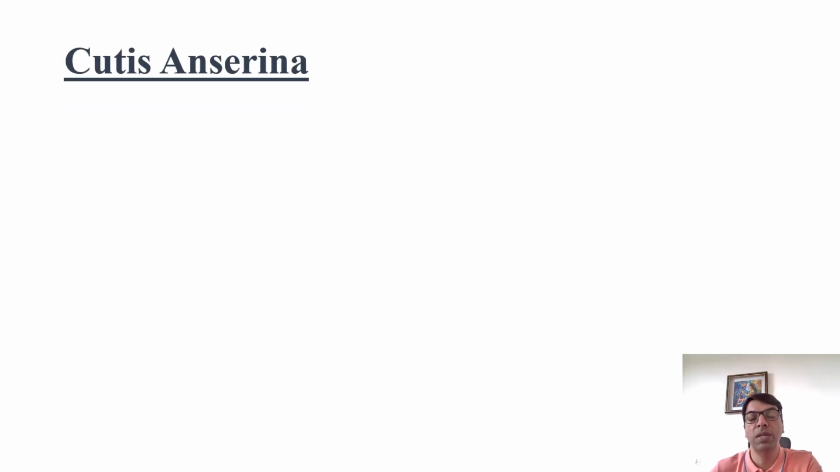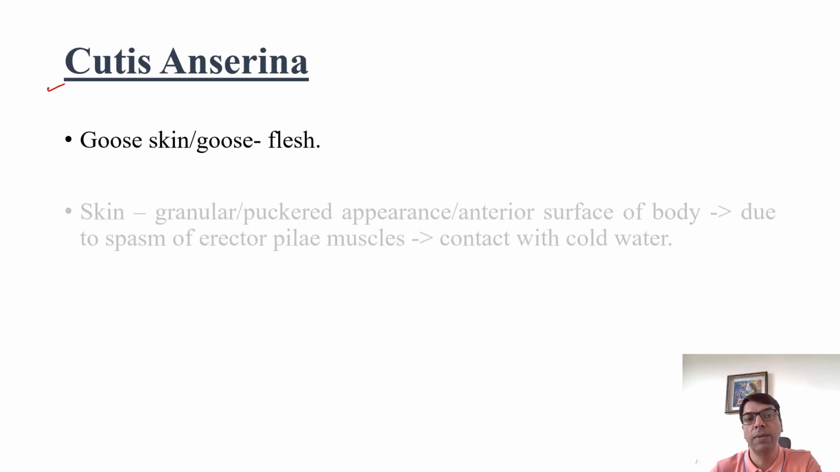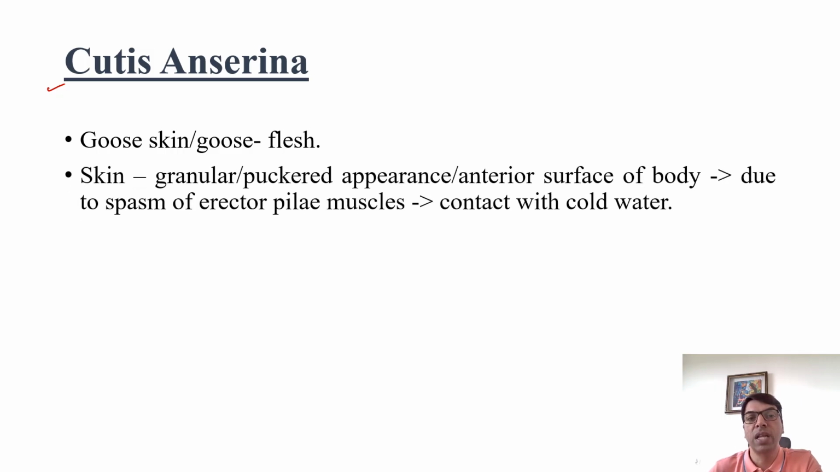Now the next term is cutis anserina. What is cutis anserina? It is the goose skin or goose flesh like appearance of the skin in cases of drowning. The skin is granular or puckered in appearance, and it is generally seen on the anterior surface of the body. This anterior surface of the body means the surface which comes in contact first with water, right? It is called